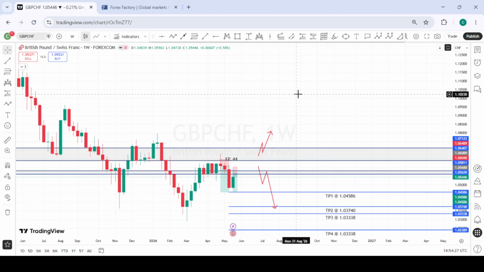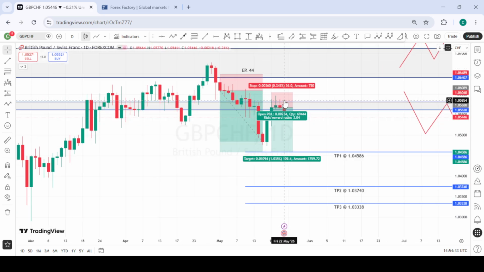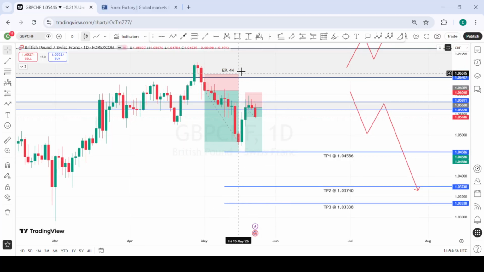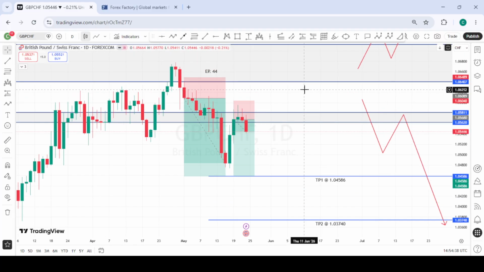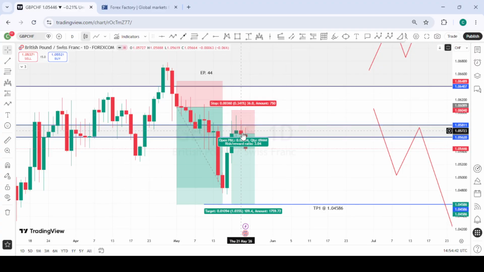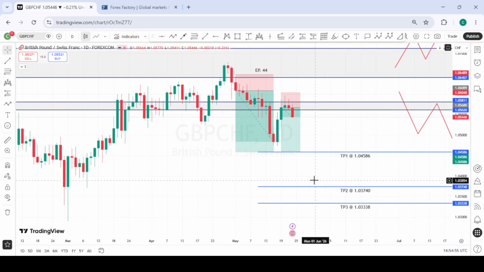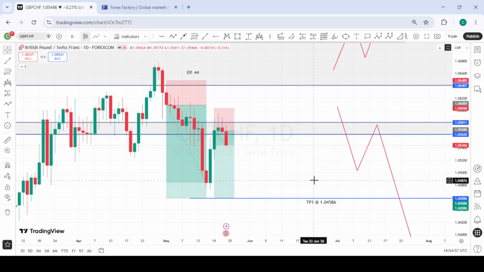This is GBPCHF, and we are bearish on GBPCHF. We're actually holding on to this position. We took this position around episode 44, and price has given us a nice retracement back into an area of interest where we also caught another position last week. And we can see as price pulled back into this structure point or area of interest, it gave us these two daily rejection candles before this bearish engulfing candle, which is a strong sign of bearishness. And we are likely going to add more positions if we get a possible pullback into this area of interest.